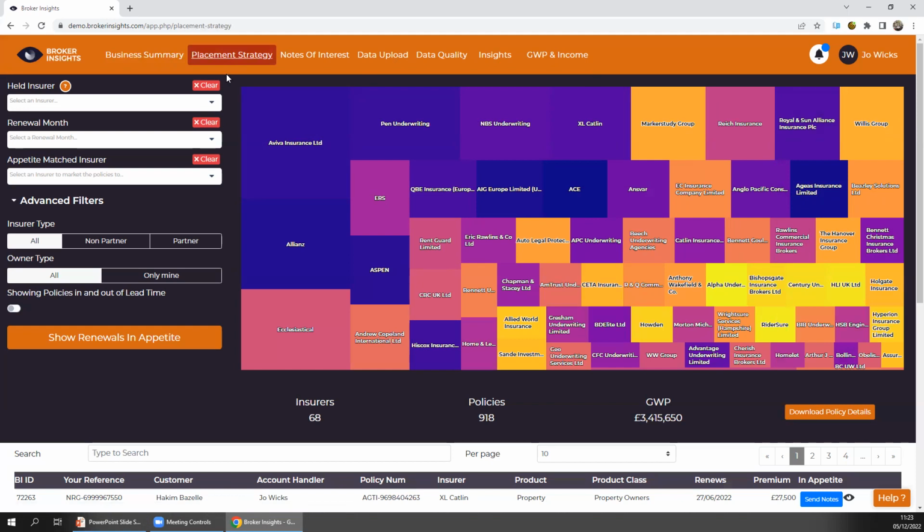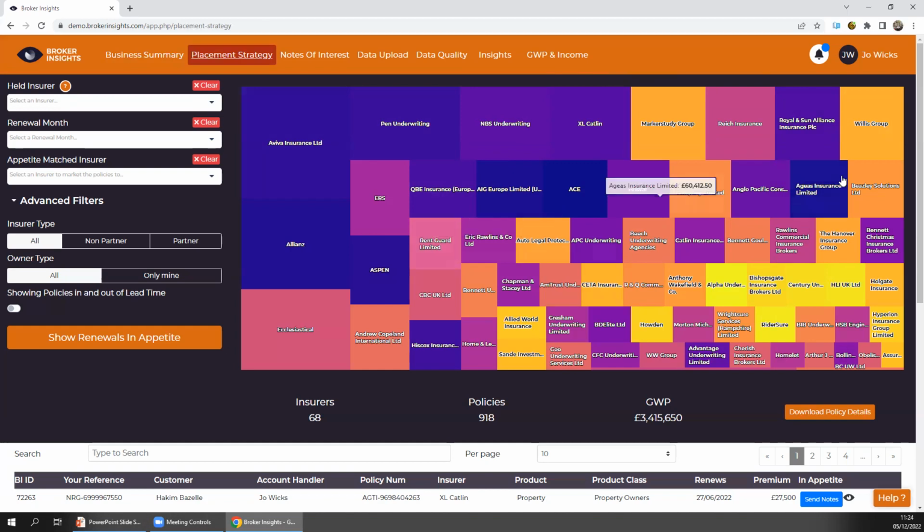First thing you'll see, probably draw your attention to, is that lovely colorful grid here in the middle. This is what we call our placement quilt. And this represents a visual display of your existing agency base. So all of the insurers that you're working with, if you've got a live policy with them, and that policy is currently on cover at the moment, it'll be reflected back in here. So each tile represents, as you can guess, an insurer account, and the size of each tile represents the size of the account. As you can see, I'm hovering my cursor over the tiles, and it plays back to you the GWP values that make up each of those accounts.